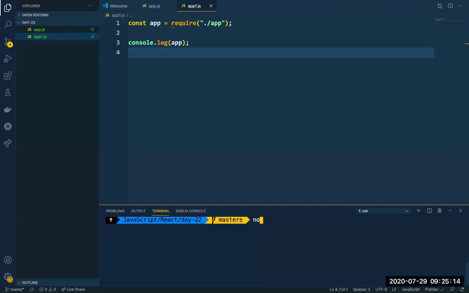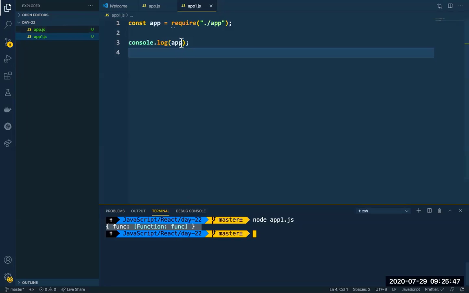I believe that you would have already installed Node, otherwise NPM wouldn't have been working. So I'll just type node followed by, just make sure that you are in your home directory, which is at day 22, and then type whatever file you want to evaluate. In our case, it's app1.js. If I type it, you can see it has an object imported, and that object has a property called func, and that property is our function.